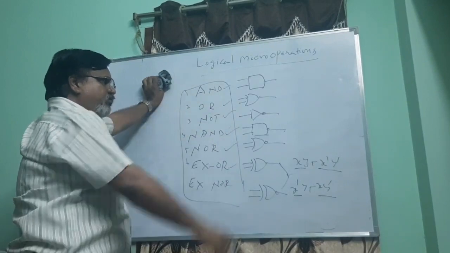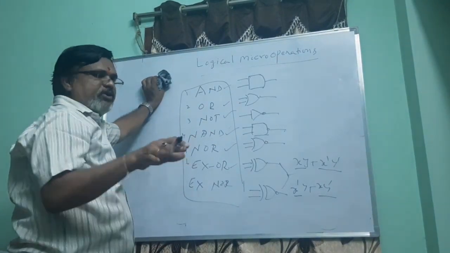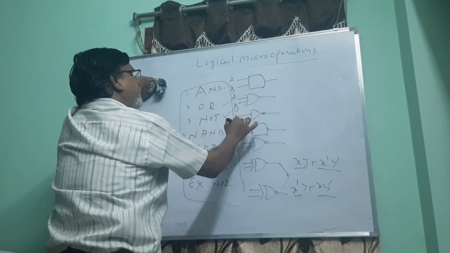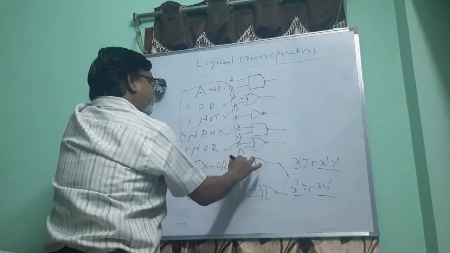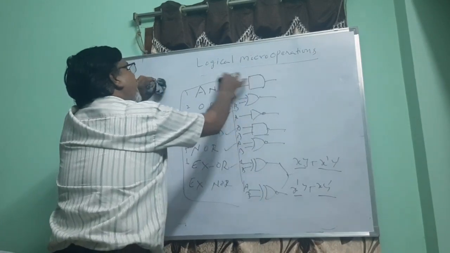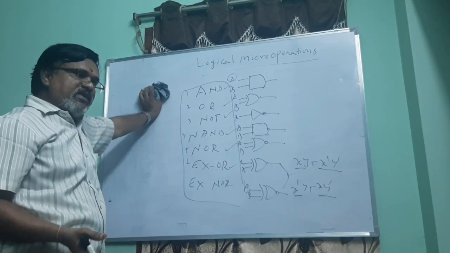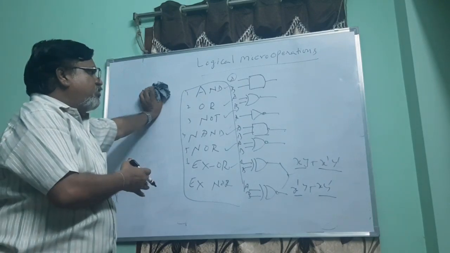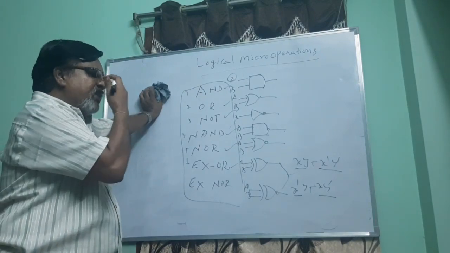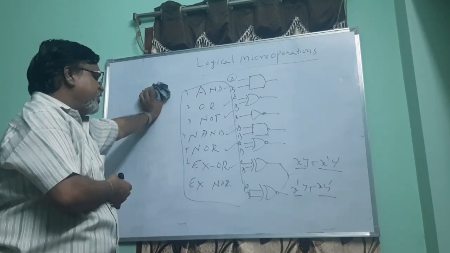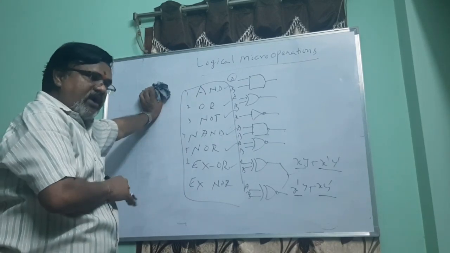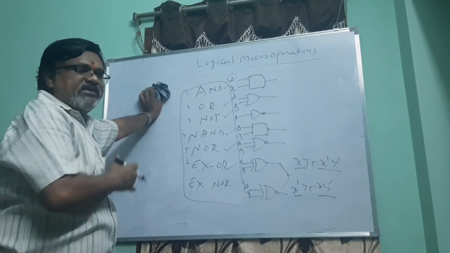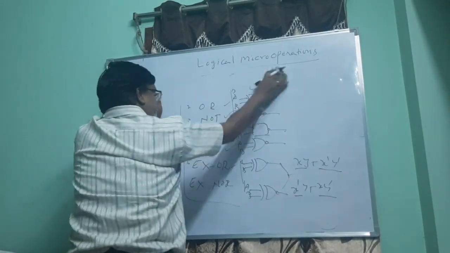So these are the basic logical micro operations we need to perform on given inputs A and B. Again, the size of register A is 4 bits and the size of register B is 4 bits, our assumption. So now we will discuss all these operations, the equivalent hardware part, and its applications in general, where we use the logical micro operations.